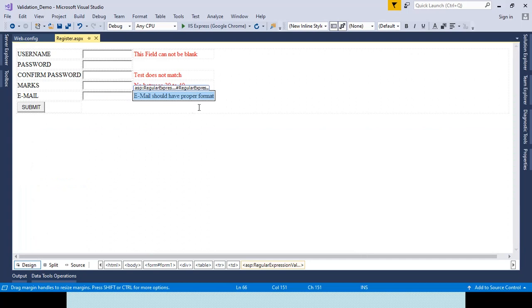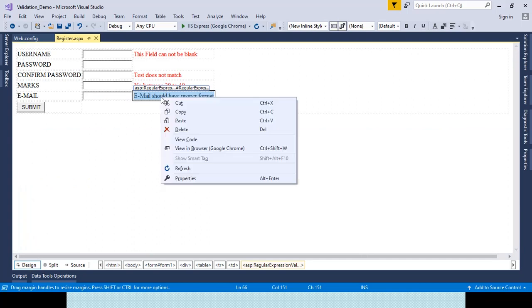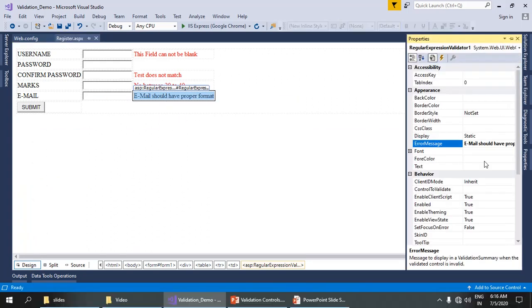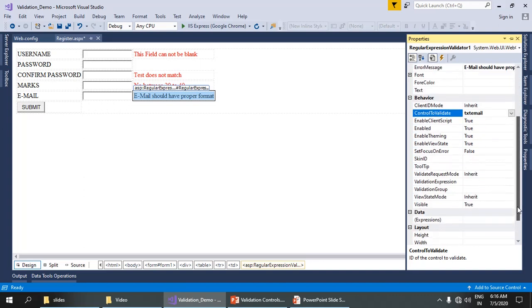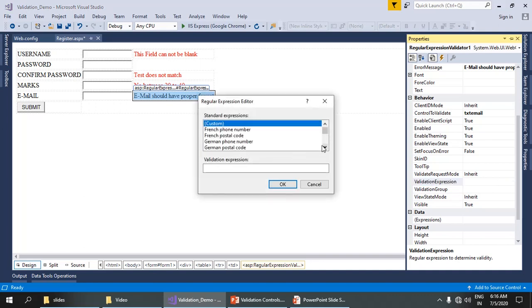Okay, you can set properties from the design view also, like move to properties and select the ControlToValidate. Second property, we will select the name of the text box, txtEmail, to which we want to apply the validation. Property number 3 is ValidationExpression. Browse it, and here you need to select from the editor, you need to select Internet email address.